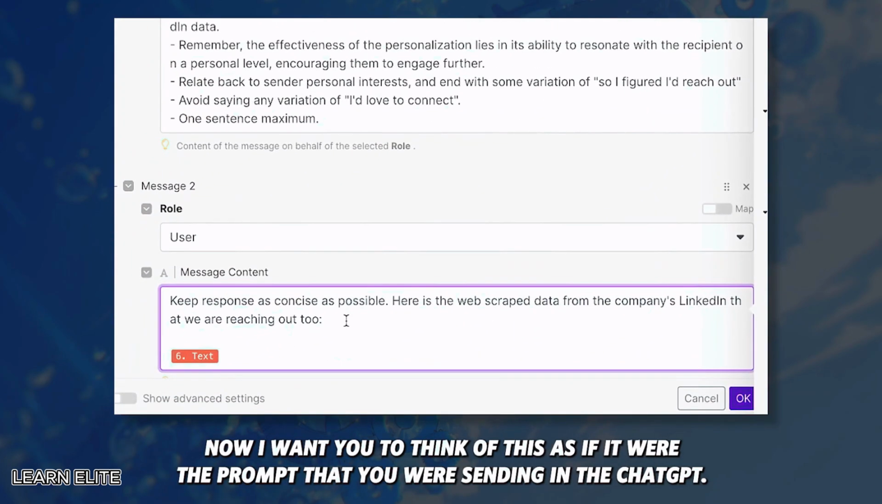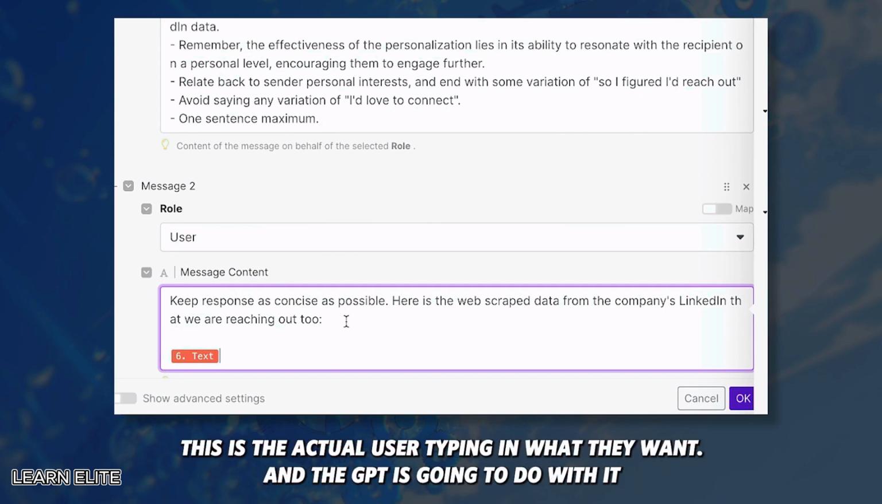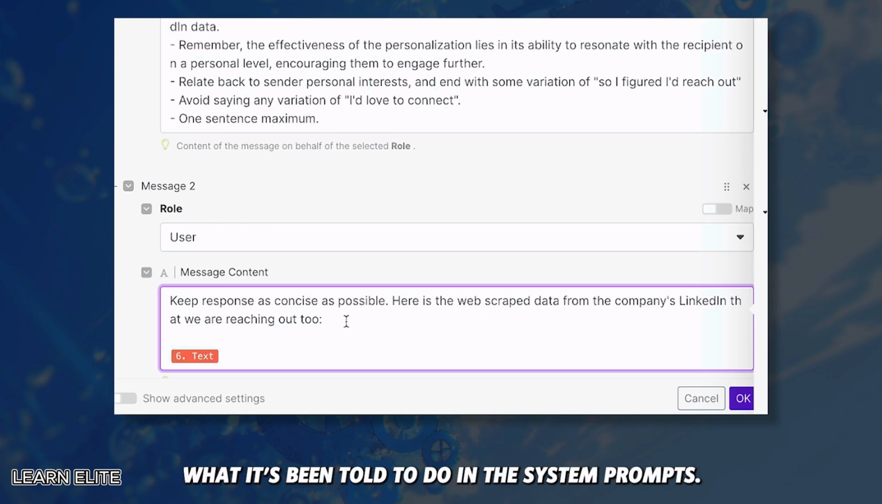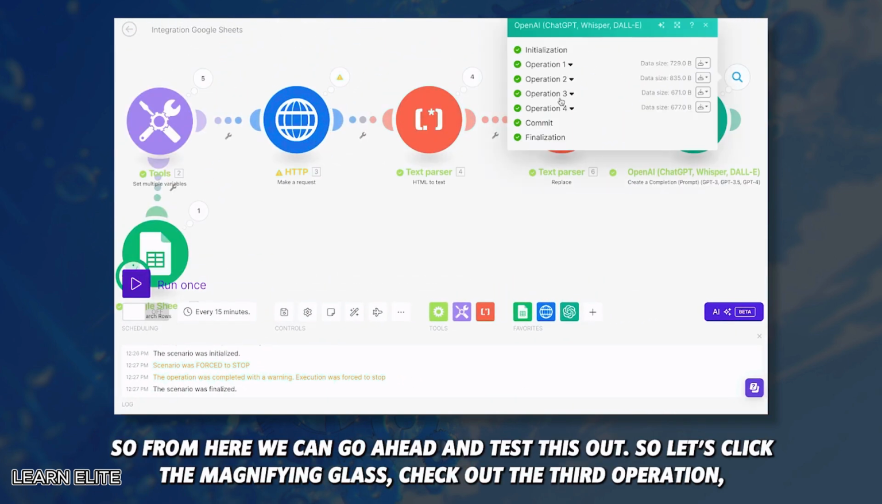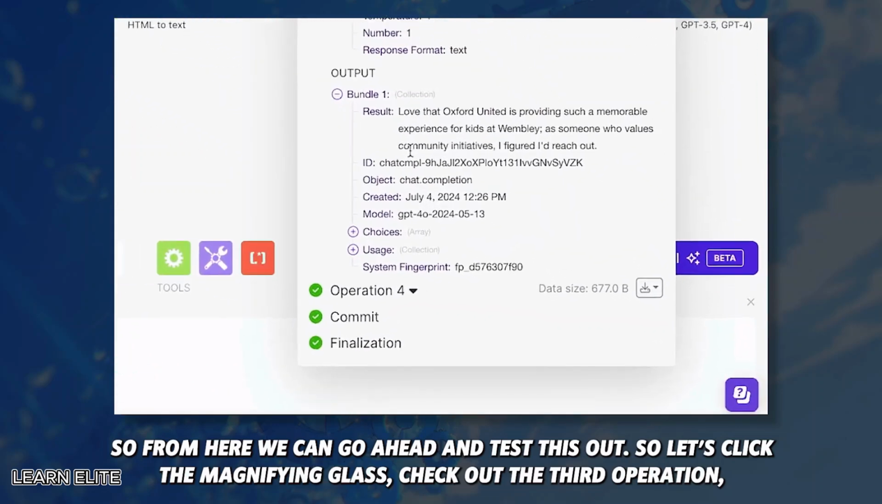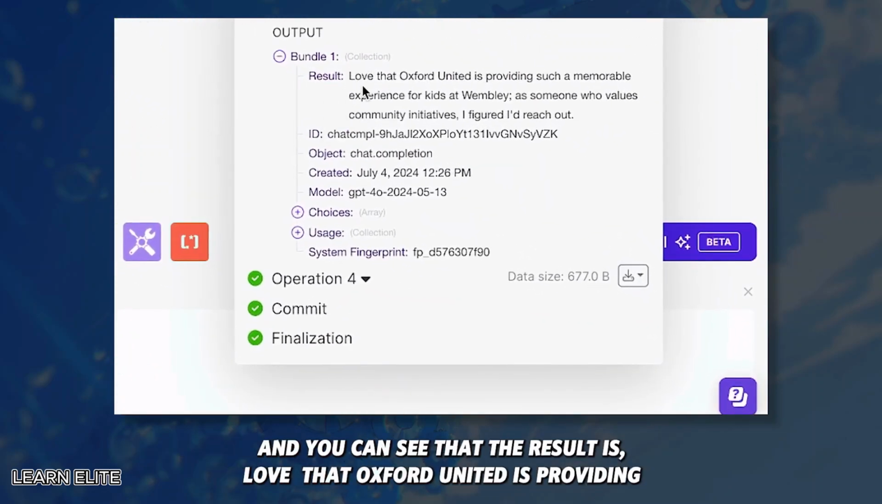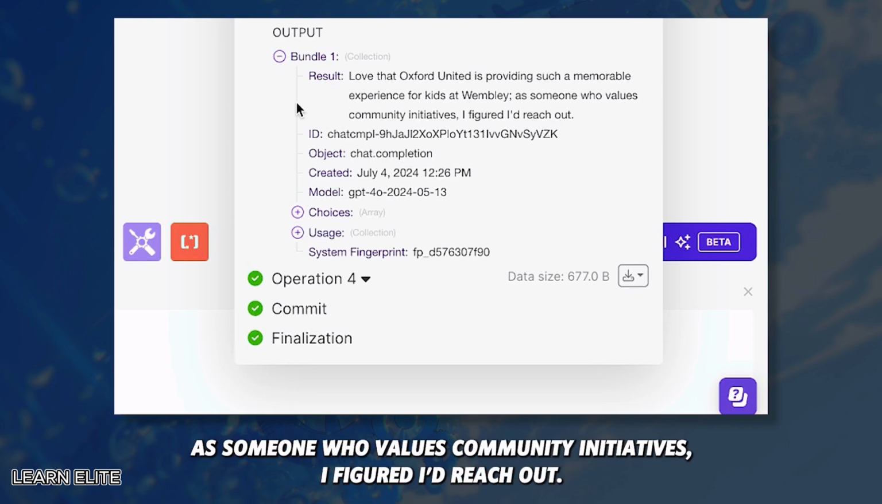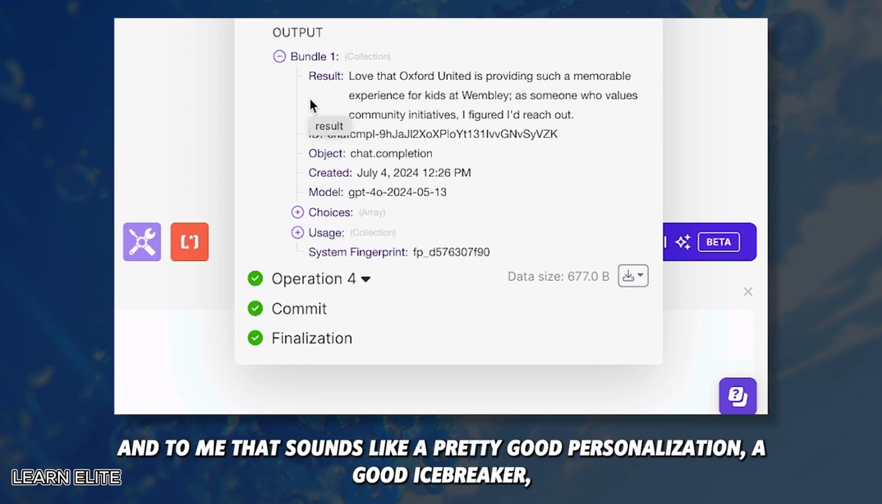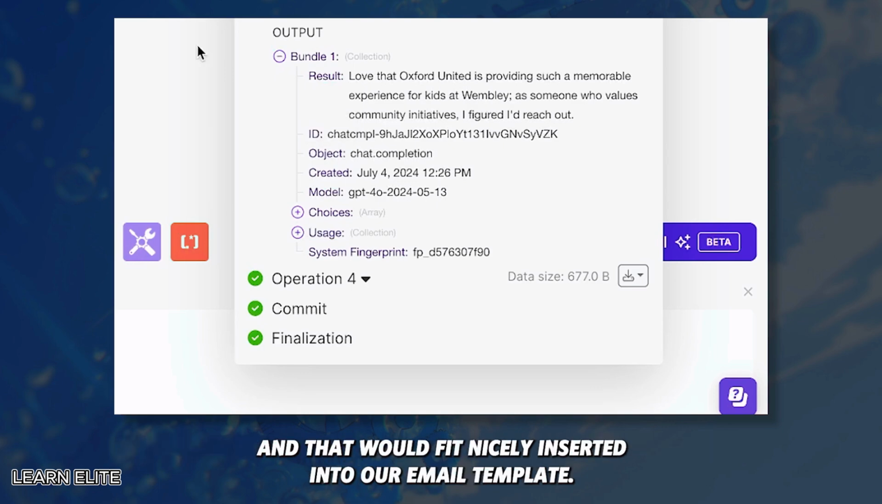Now I want you to think of this as if it were the prompt that you were sending into ChatGPT. This is the actual user typing in what they want, and the GPT is going to do with it what it's been told to do in the system prompt. So from here, we can go ahead and test this out. So let's click the magnifying glass, check out the third operation, and you can see that the result is: love that Oxford United is providing such a memorable experience for kids at Wembley. As someone who values community initiatives, I figured I'd reach out. And to me, that sounds like a pretty good personalization, a good icebreaker, and that would fit nicely inserted into